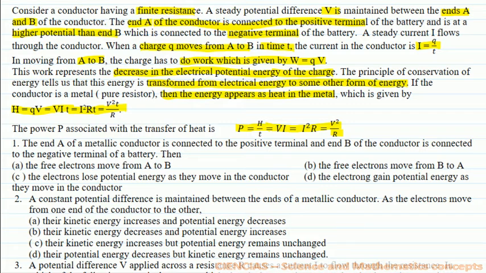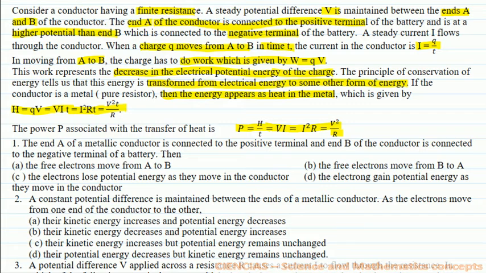When the charge is moving, it is doing work, means the potential energy is decreasing. And if the charge is flowing in a pure metal or a pure resistor, then this loss of potential energy is in the form of heat in metals, which is given by charge into potential, VIt, I square Rt, V square by R into t, and the power associated with the transfer of heat is P is equal to H upon t, VI, I square R or V square upon R.